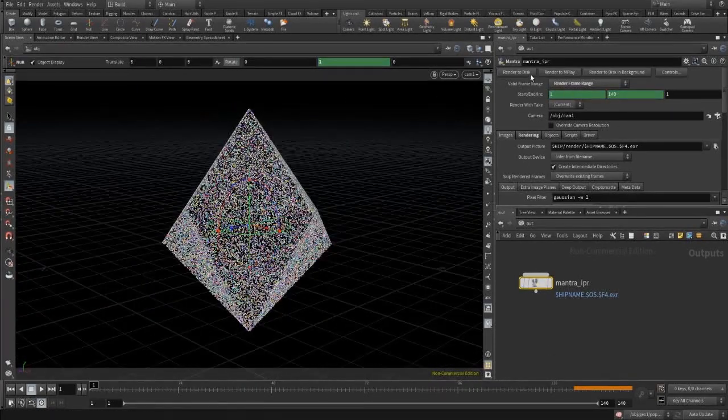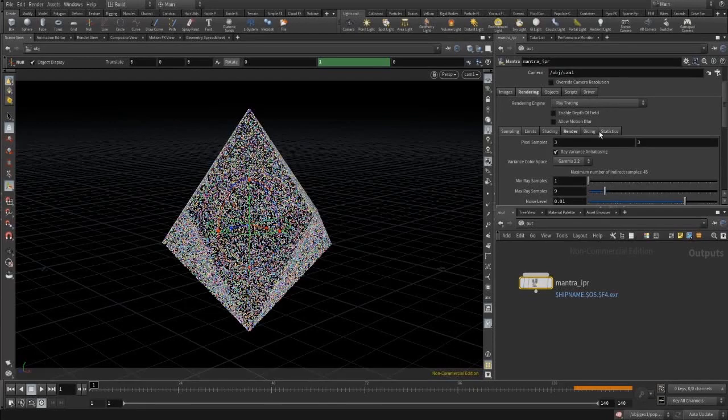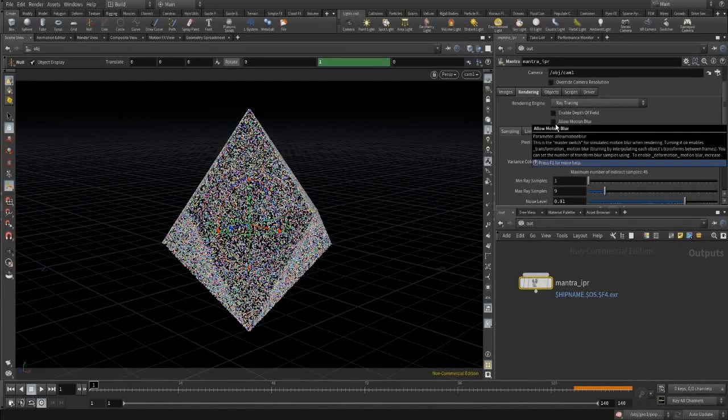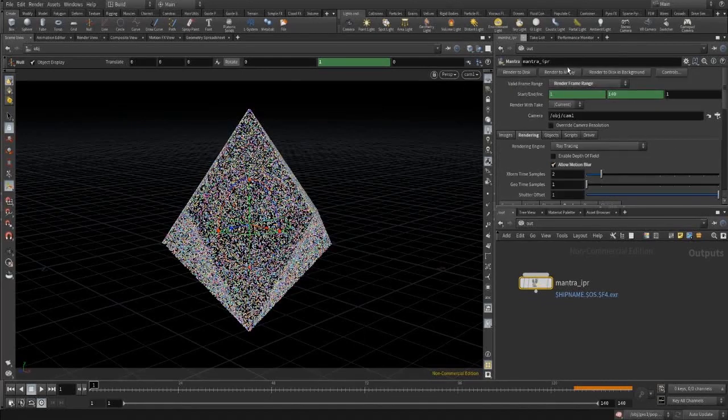Yep. And we're okay with output pictures in EXR. Extra input. Rendering. You can change the render engine here. Allow motion blur, you can allow that. So it kind of gives that motion blur effect. So you just left click that. And once we're happy with that, we'll do render to disk. And that's it. I'll put up the video